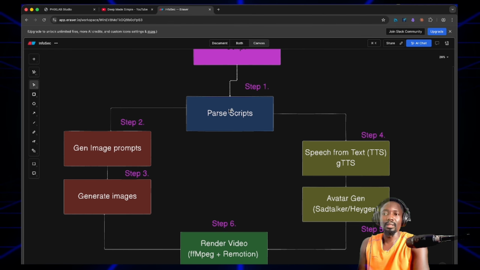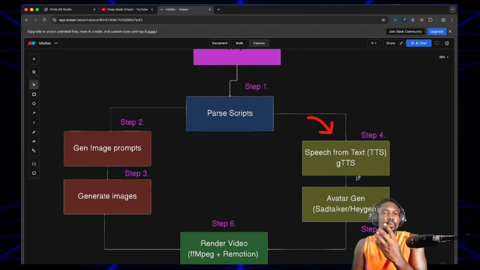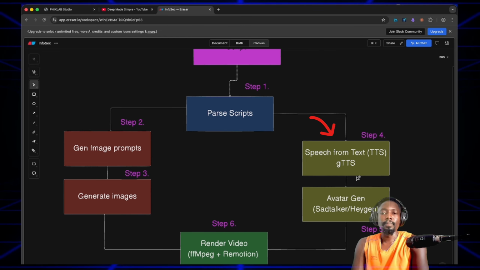So step 1 is the script, step 2 is the image prompt, step 3 is the actual image, and then step 4 is using the script to also generate the text to speech, which is actually the voiceover eventually. And then